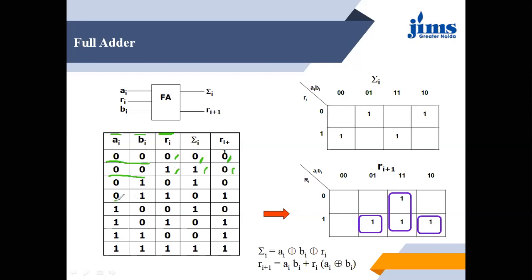Now we will discuss here when the values of the input are 0 and 1, then there is no problem when there is no carry from the last bit. But when there is a carry, then we will get 0 plus 1, that is 1, and 1 plus 1, that is equal to 2, and 2 is going to be represented by 1 and 0, meaning a carry is going to be generated from here.